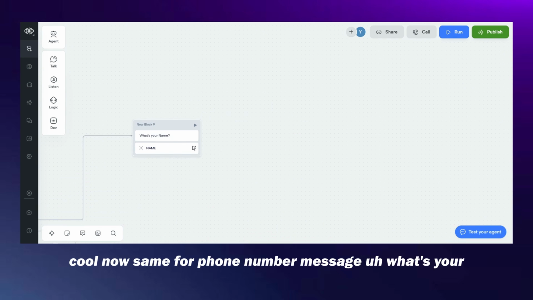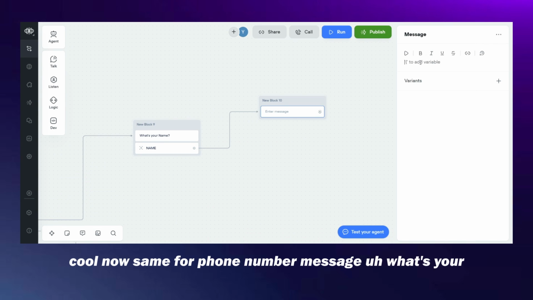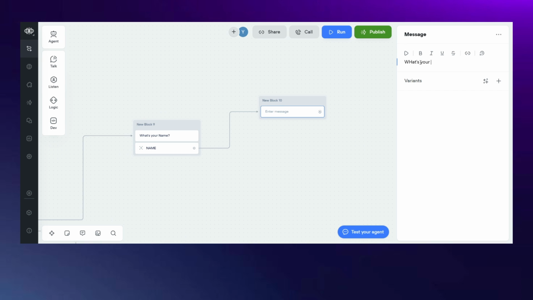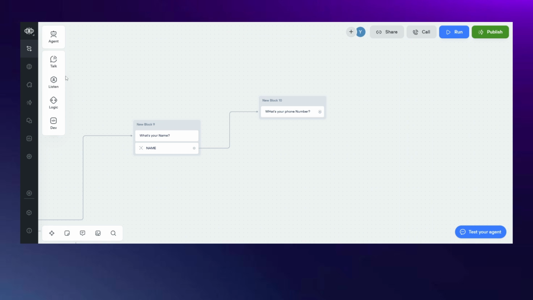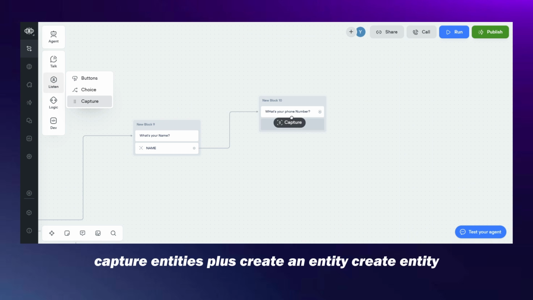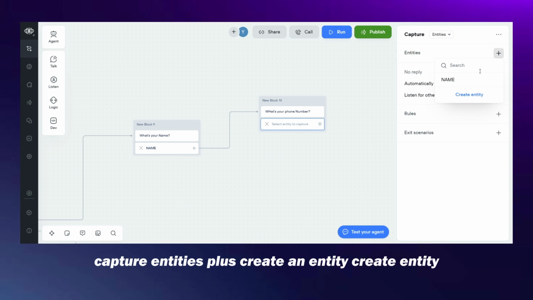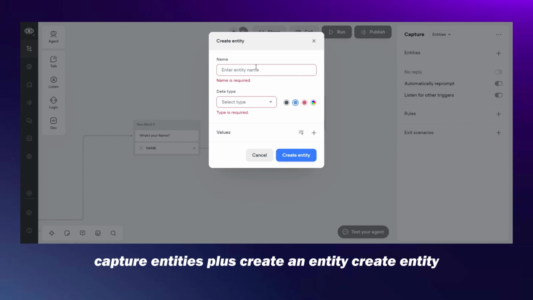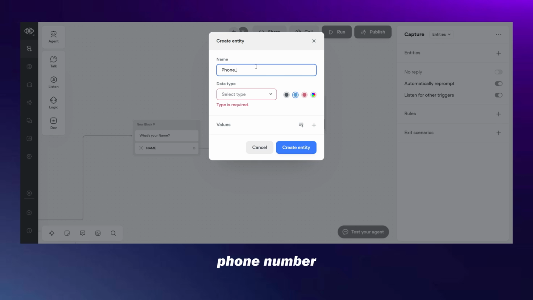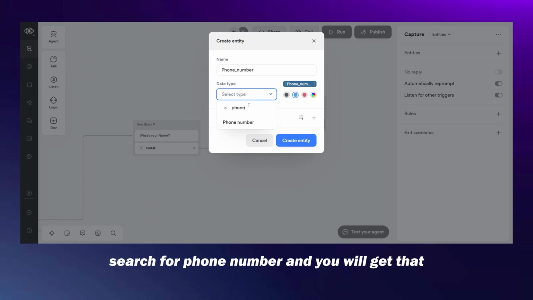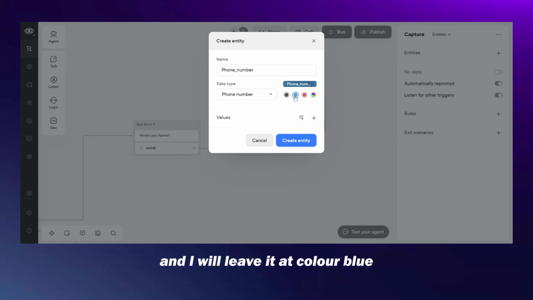Okay, cool. Now same for phone number. Message, what's your phone number? And listen, capture, entities plus create entity, okay. Phone number, data type, search for phone number and you would get that, and I will leave it at color